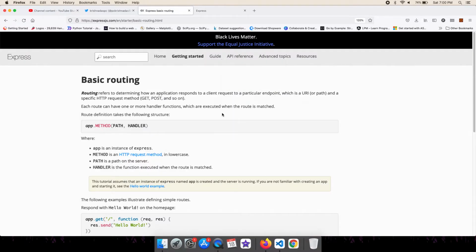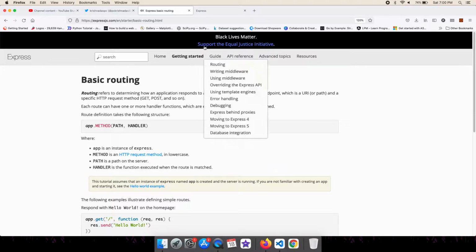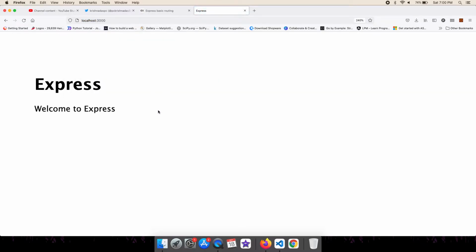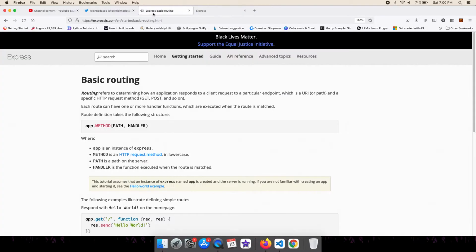The first thing you need to understand is that there are different kinds of HTTP request methods, but when you generally type some URL and press enter, or click on some link, it comes as a get type of request to the server. The request method has different values, which are usually denoted in lowercase in Express, and by default when you open some URL, it comes as a get type of request.